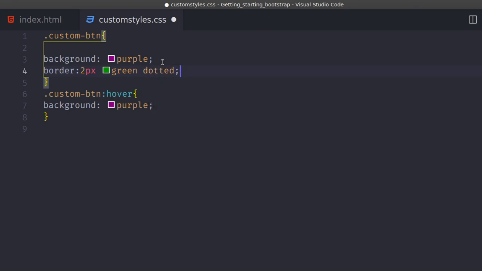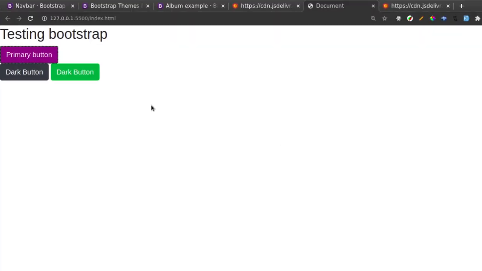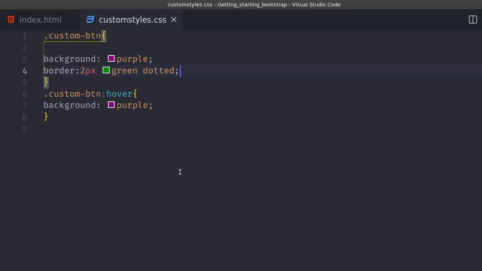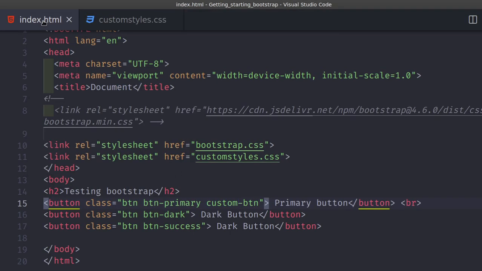Okay, save this. Now if I come here and check, you can see the border is green and dotted. That's how you apply different classes. I recommend always, if you want to customize your different buttons, maybe h1s, maybe images,